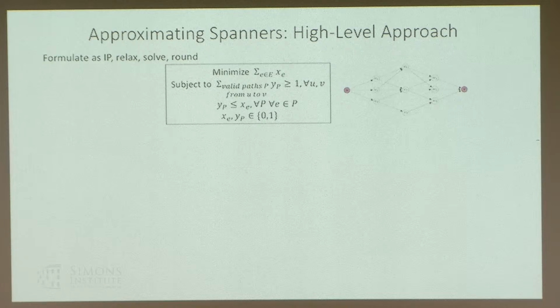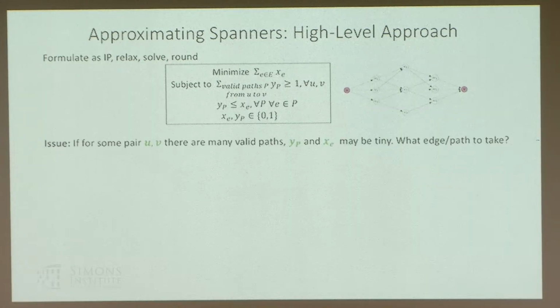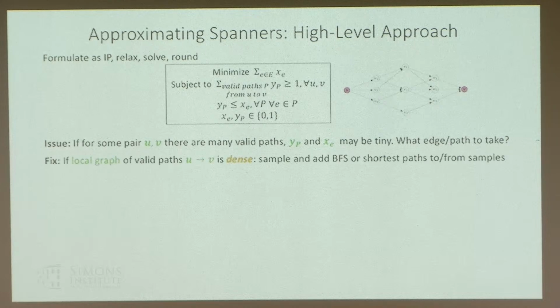Okay, so we can write such an IP. We relax it to an LP, try to solve it, and round. One issue that comes up is, as you might imagine, there might be many paths between some pairs of vertices. And when that happens, the LP might give us a very small value solution, and then it's not clear how to round. So the idea that we had here, and we borrowed this from work in the undirected case for spanners,